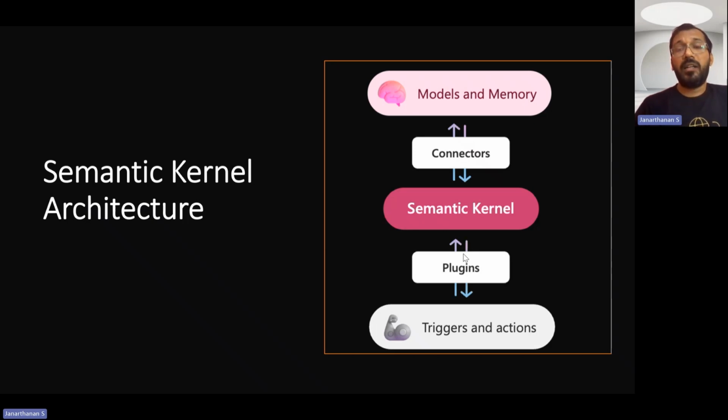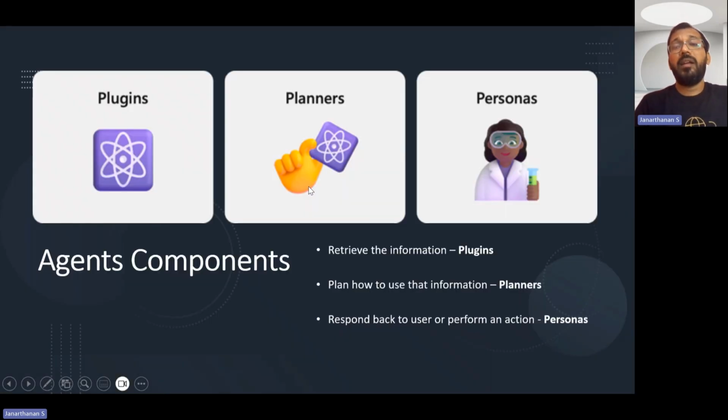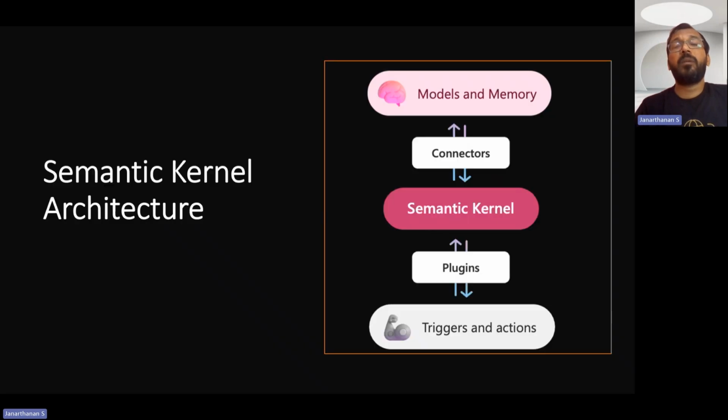As I mentioned earlier in the plugin slide, what does plugin mean? Plugin means how are we going to retrieve the entire information related to your HTTP? There are various types of plugins like a summarization plugin, conversation plugin, your time plugin. So for those types of plugins, if you want to retrieve any type of information, we will start using the plugin component. And this connector component, if I want to connect the Azure OpenAI connector, your Hugging Face connector, OpenAI connector,